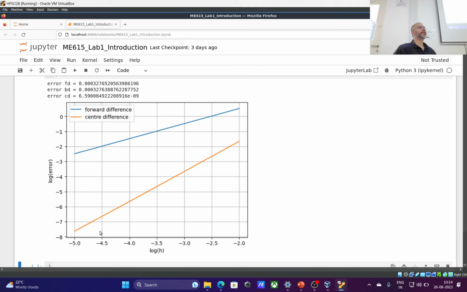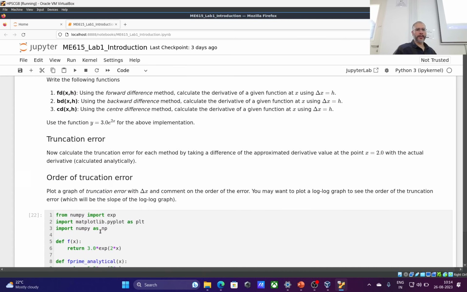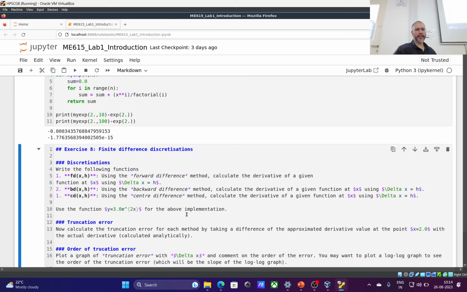So if something is some constant times delta x squared, if you take the log of that, you get 2 times log of delta x. So if you have an exponential variation, if you take the log, the exponent can be seen as a slope of the curve. Okay. So what I mean to say here is that